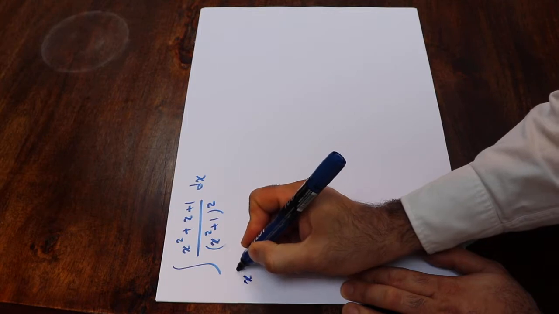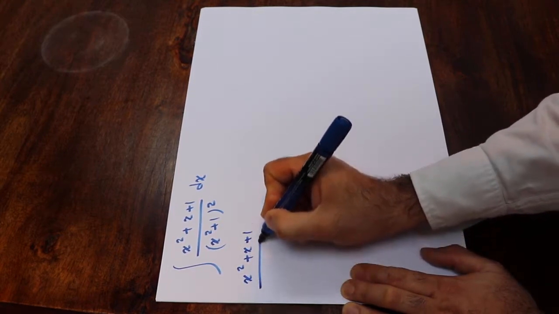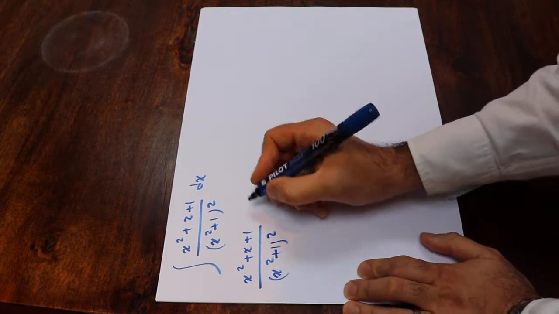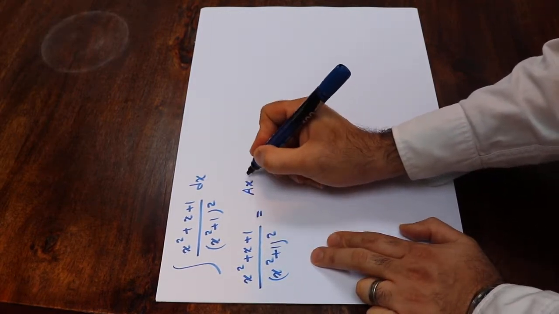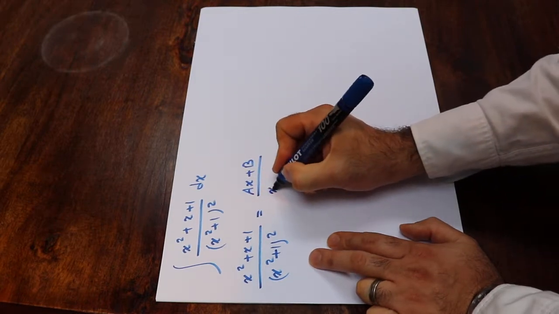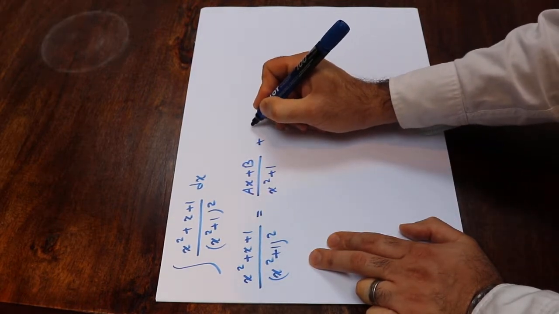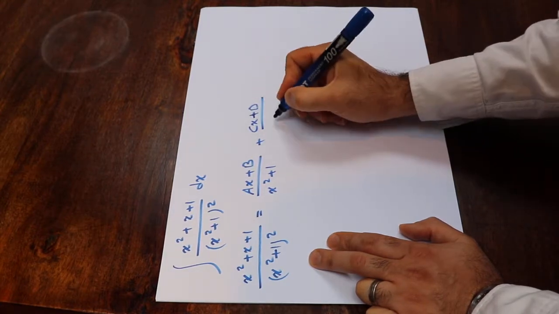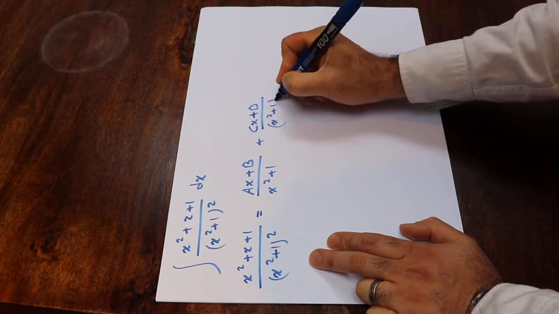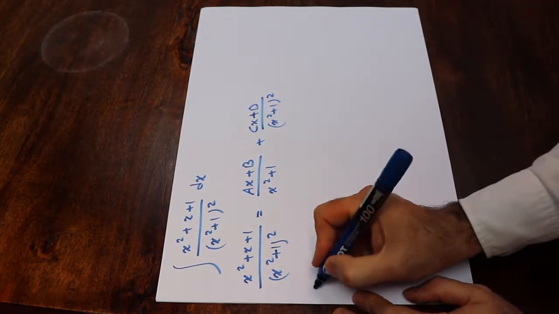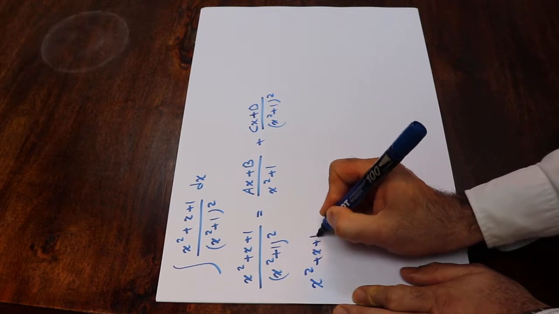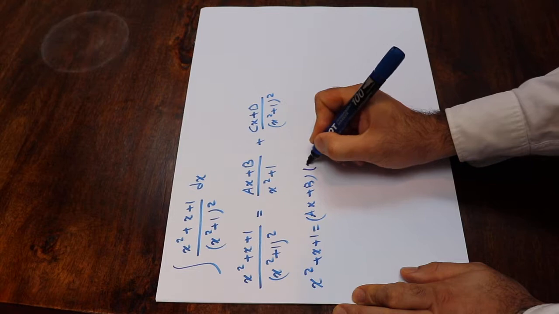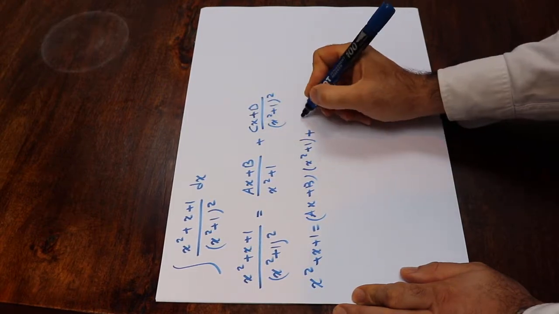So if you write (x^2 + x + 1) divided by (x^2 + 1)^2, it will be equal to (ax + b) divided by (x^2 + 1), plus (cx + d) divided by (x^2 + 1)^2. Therefore, x^2 + x + 1 will be equal to (ax + b) times (x^2 + 1), plus cx